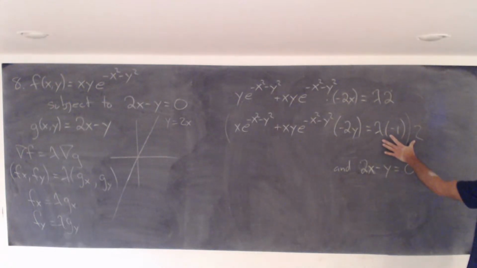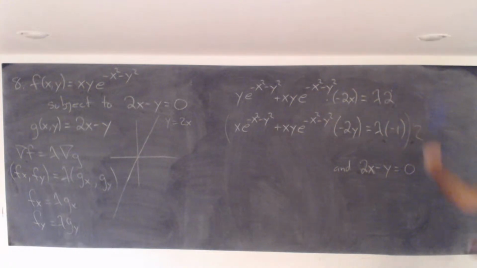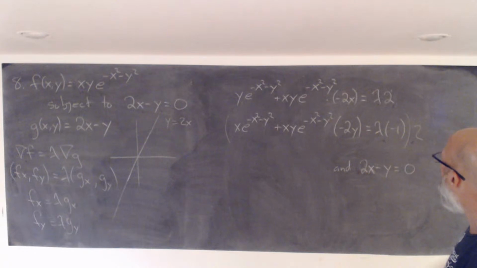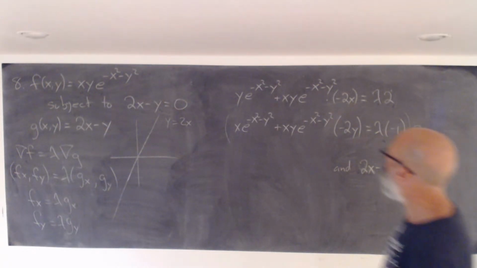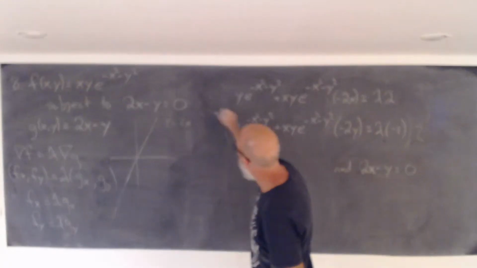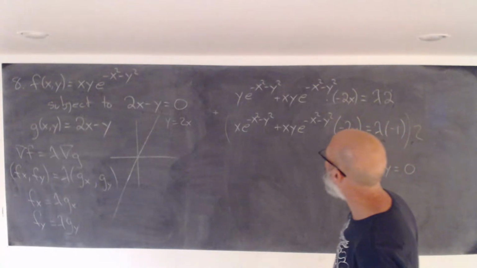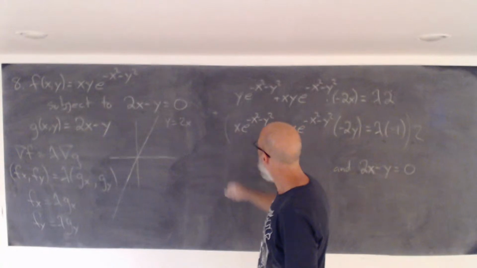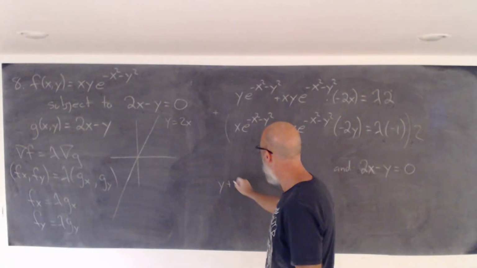So I'll get minus 2 lambda here. And here I've got a 2 lambda, so then I'll add them together, and these will disappear. So if you add these together after multiplying by 2, what do we get? We get y plus 2x